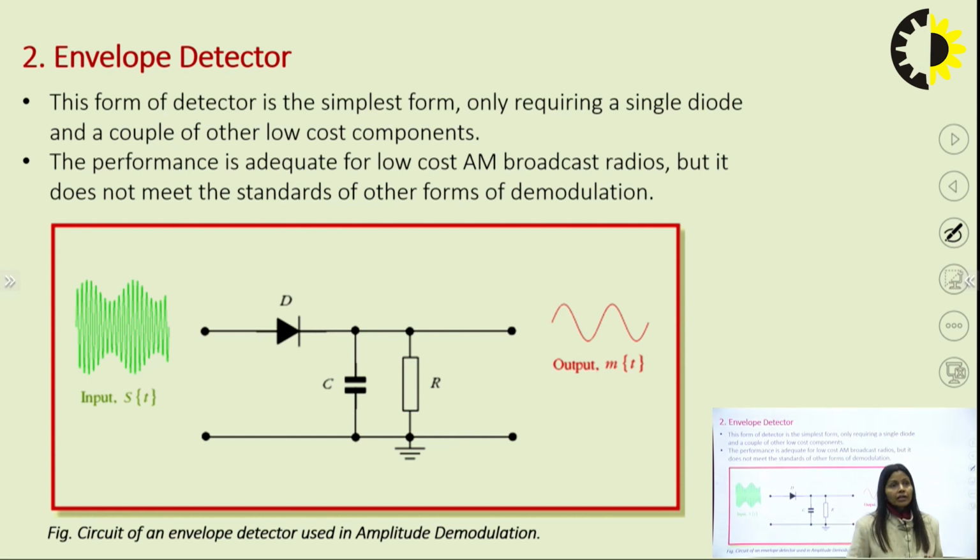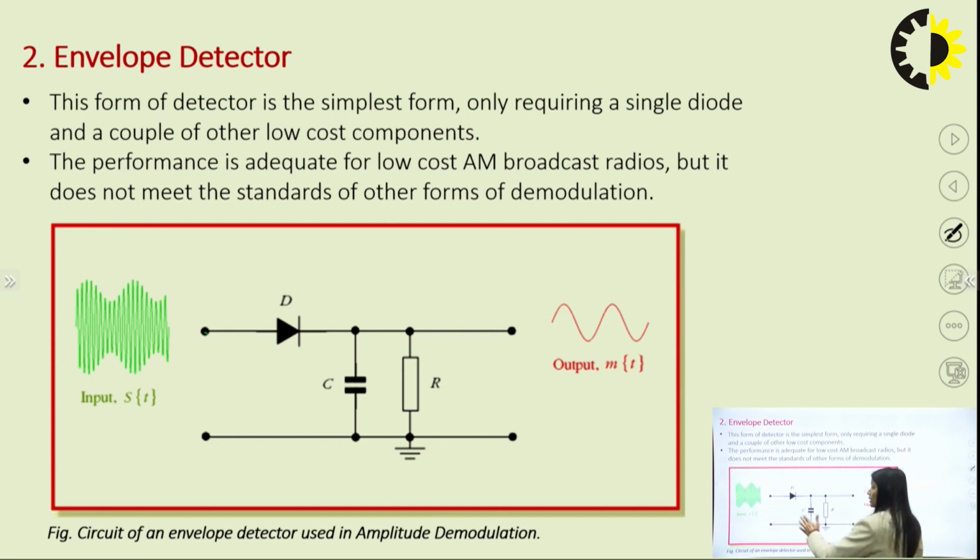Second, the envelope detector. The second detector for amplitude modulated wave is very simple. It consists of only one diode, one capacitor and one resistor. This detector is the simplest, very low cost, and made up of very low cost components. Here the RC circuit works just as a low pass filter, and the input is given at the end from the diode, and the diode will work the same, for the positive half cycle